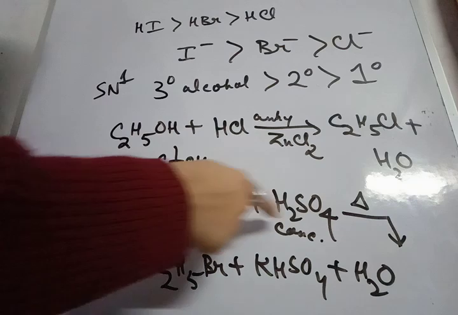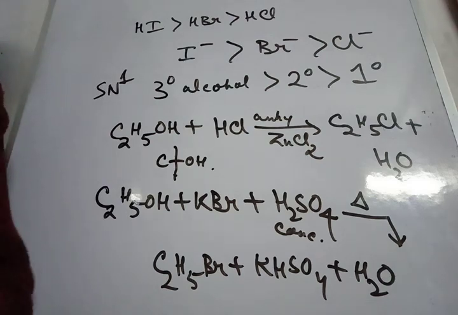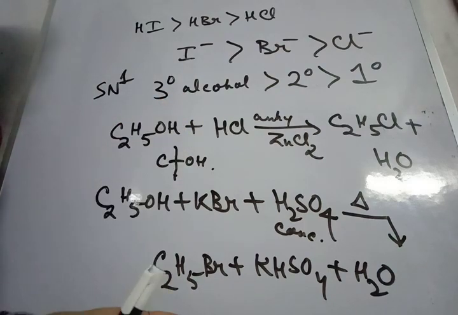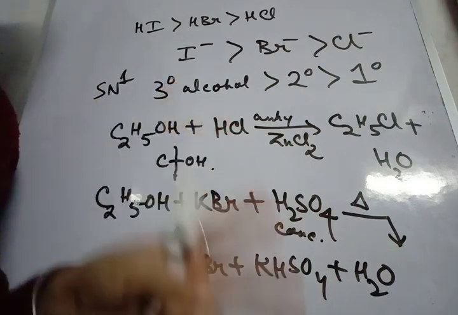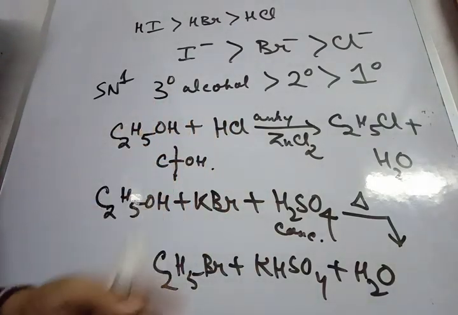Mixture of KBr and H2SO4 is not used in case of secondary and tertiary and neo alcohols to prevent their dehydration, because usually if we use secondary, tertiary or neo alcohols, then elimination occurs and we get alkenes as the major product. Elimination reaction mechanism also we are going to do in the next videos. Okay, last preparation. Now this was the preparation from alcohols. Under that we had three subparts. First of all from phosphorus halides, next from thionyl chloride, and last from the halogen acids.